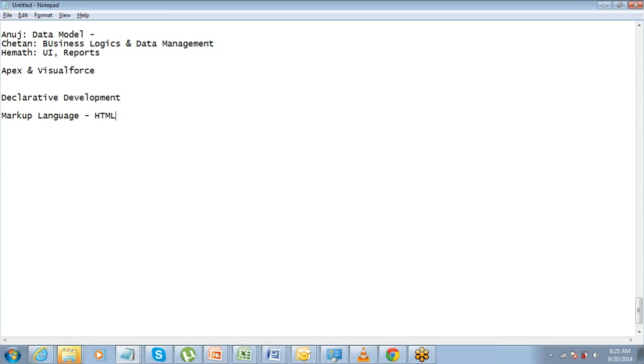So in Salesforce we have Visualforce, which is a markup language. Visualforce is not a complete programming language. It's just a markup language, for designing the interface part and setting up the stage kind of thing.